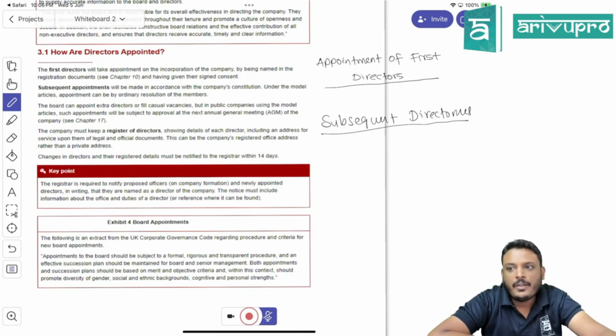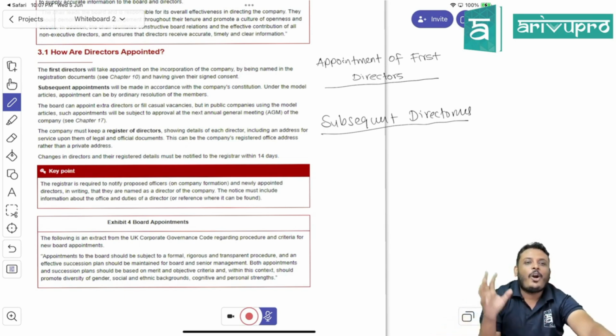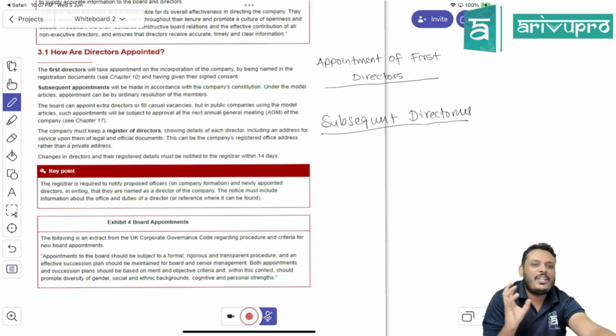Next point. Ordinary resolution should be passed and the decision should be made at the board. Is it clear? What is the common articles of association procedure?